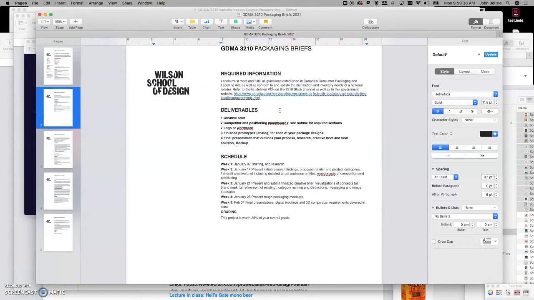and they can't be designed. They actually have to use the exact information and type size that is legally required. So it's not something you can change. So you are going to design a creative brief, a competitor and positioning mood board,